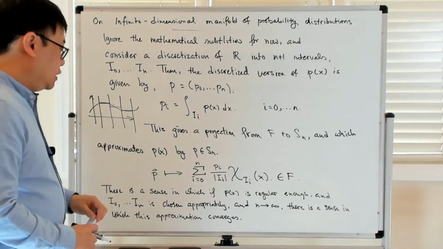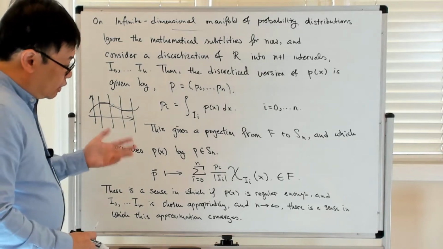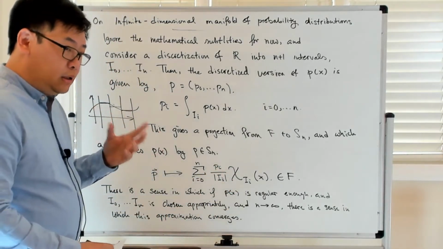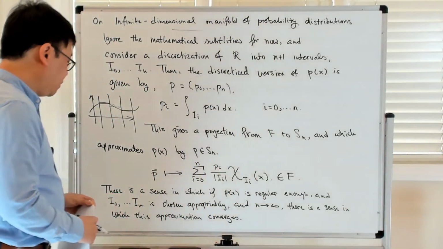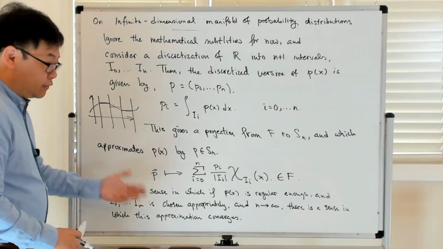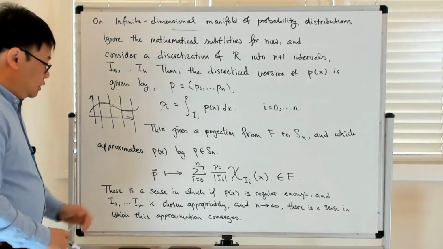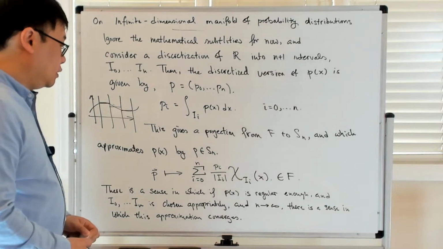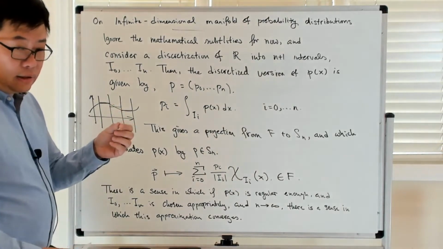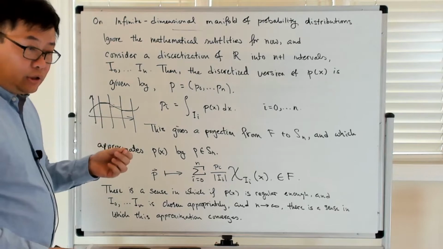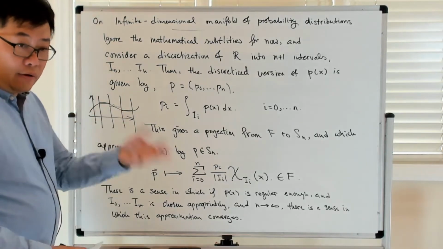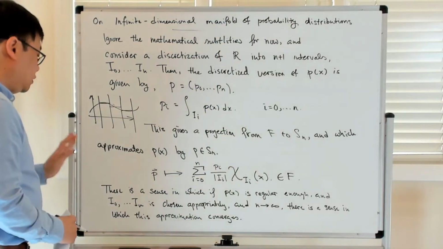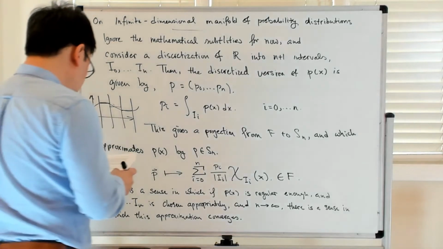The standard argument, more or less, is that if this probability density function is smooth enough, regular enough, and you choose the intervals in a good way, then as the number of subintervals goes to infinity, there's a sense of convergence of that probability distribution, in the sense of it recovering the probability of something happening in a particular measurable set. Okay.